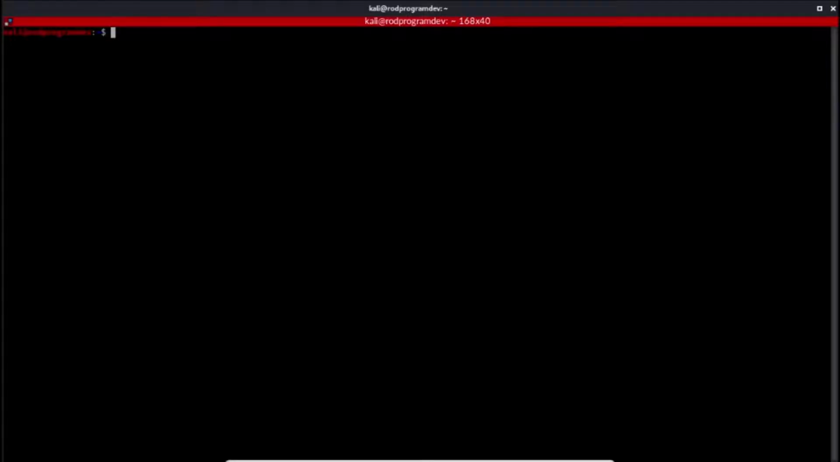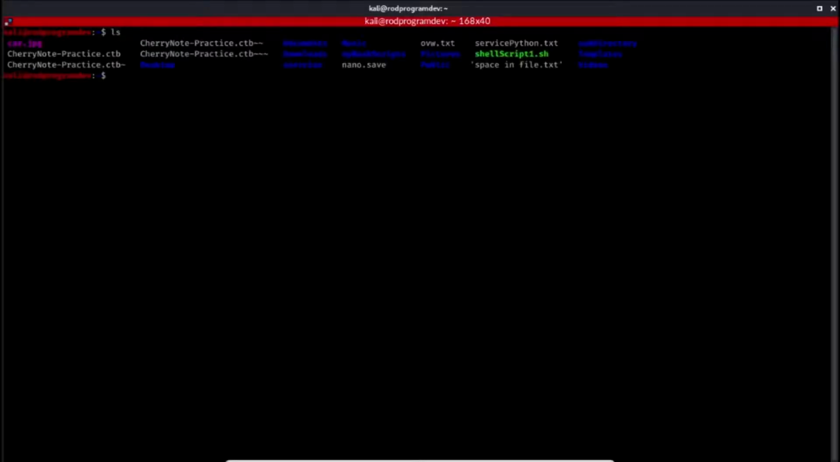Now, if you want to change directory, you will need to use the cd command. So cd, then let me just ls here. And if I want to go to the documents directory, guys, I just need to type cd, then type capital D, O, C, and I can